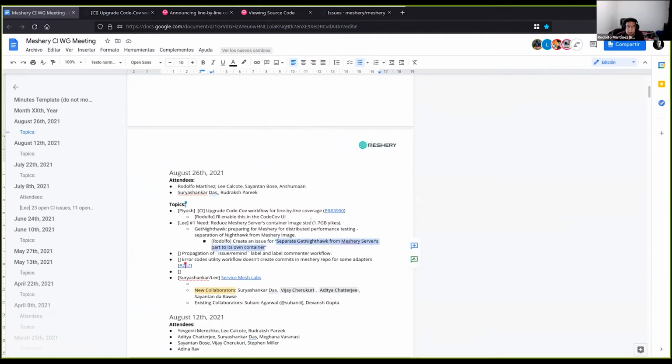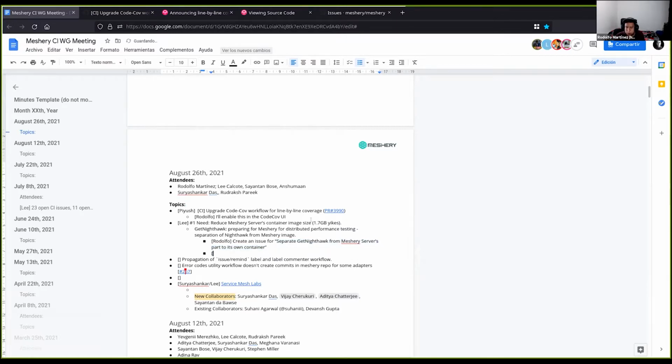So for that reason, I wrote this in order to create an issue and follow all the tracking on this issue. I think we have two issues. One is to separate the get Nighthawk code, and the other one is this C and C++ that you mentioned. But I'm not too familiar with that. But once I create the get Nighthawk one, could you, Lee, create the other one for